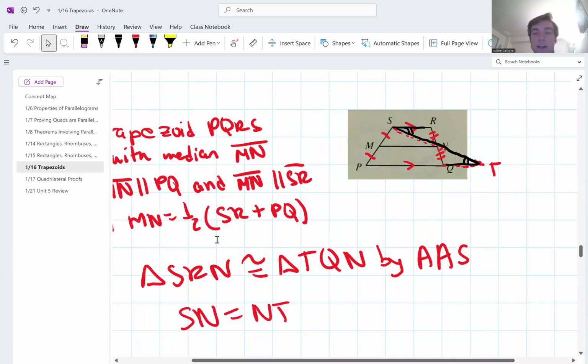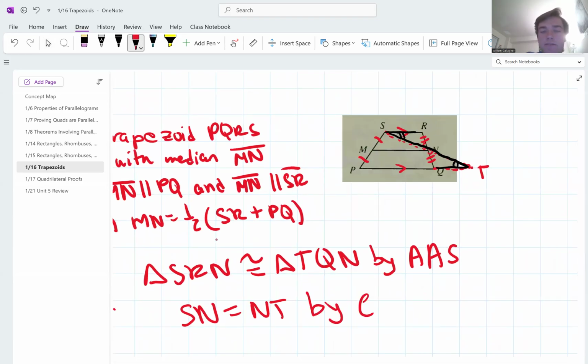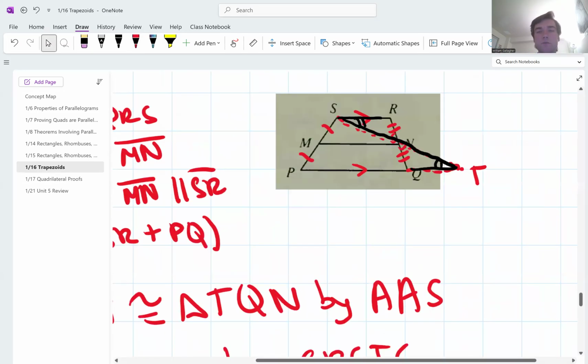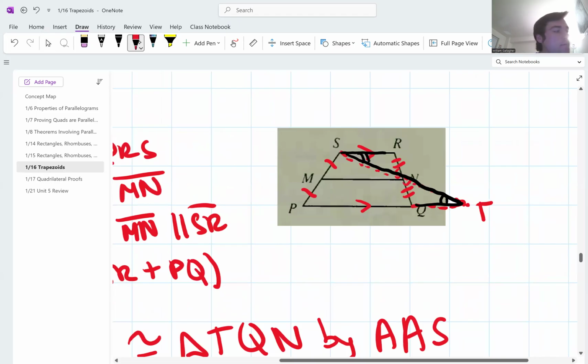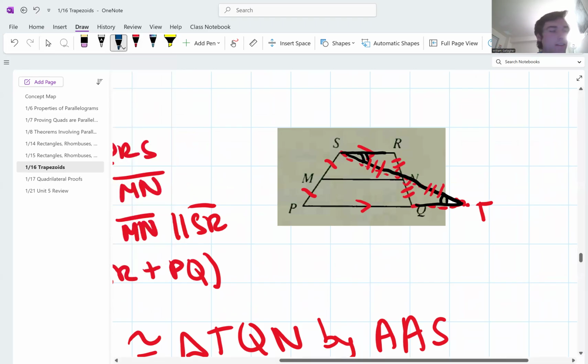The length of segment SN is equal to the length of segment NT, and that's, of course, by CPCTC. Now I'm going to zoom in again, and I know that these two are congruent. If I take my blue, and if you look at this image,